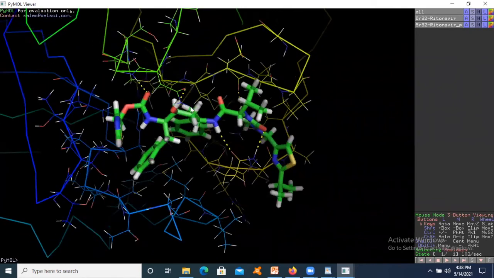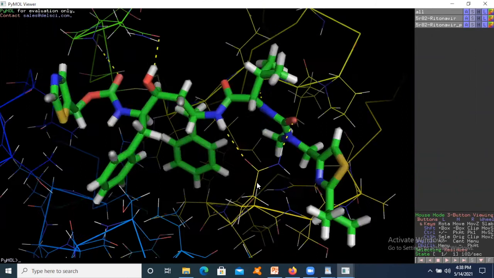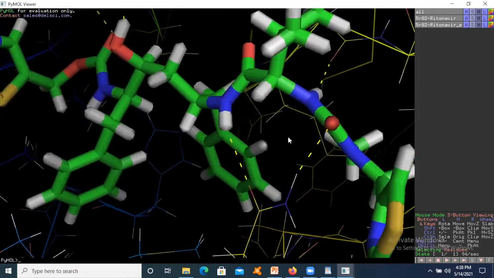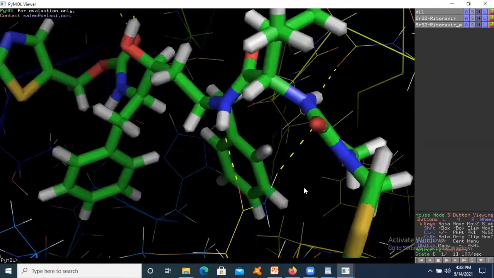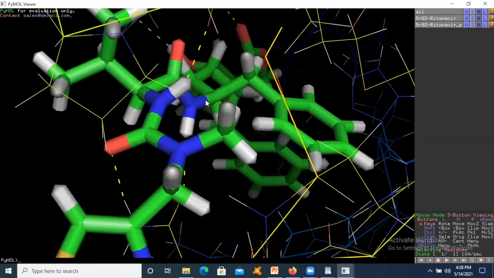Now, once I have this ligand, you can see all the interactions here. This is hydroxychloroquine again, and this is the ACE2 protein surrounding it. You can see how this particular ligand is actually interacting.